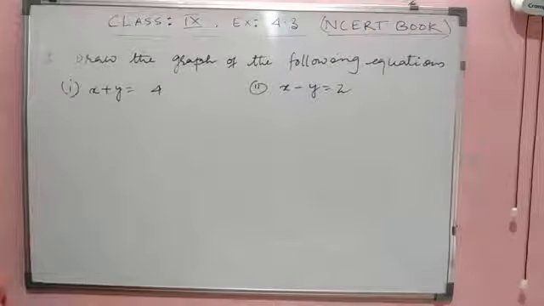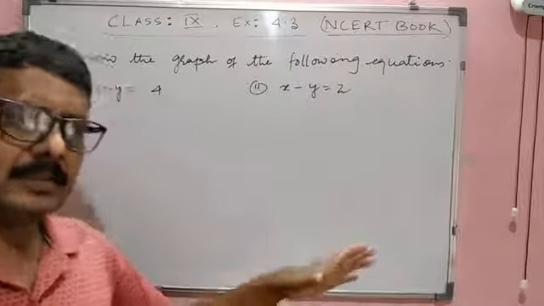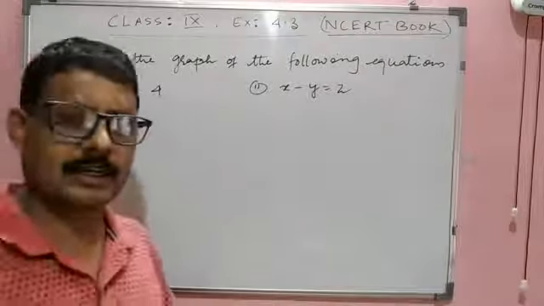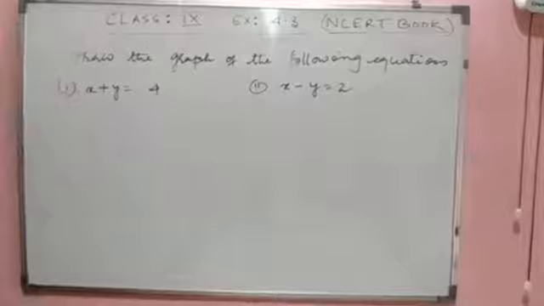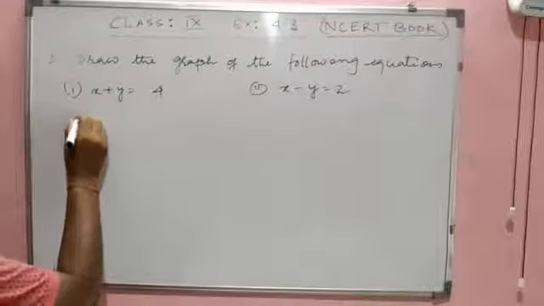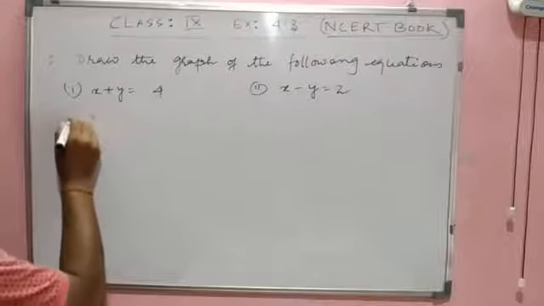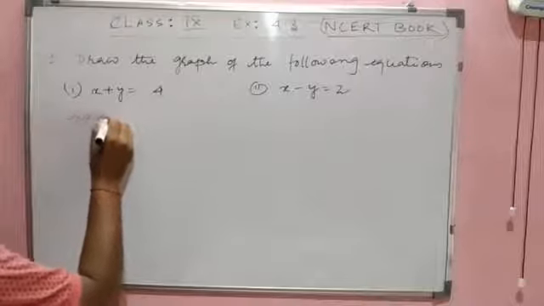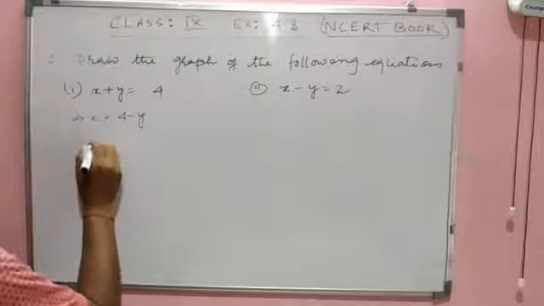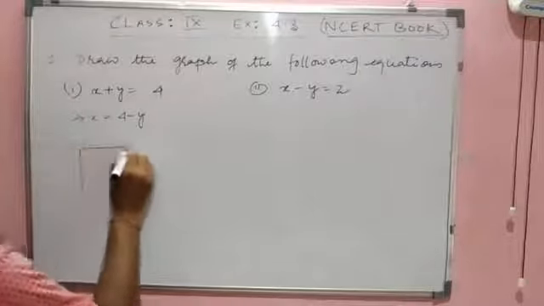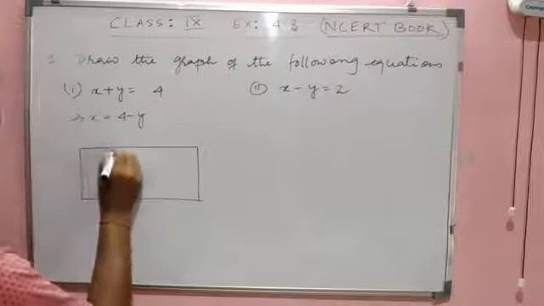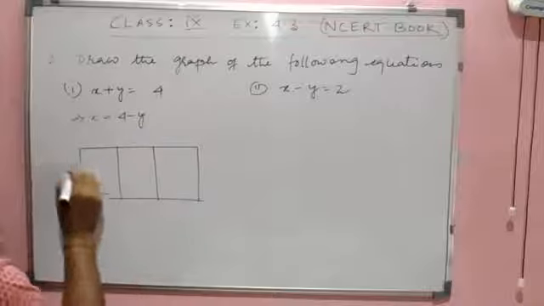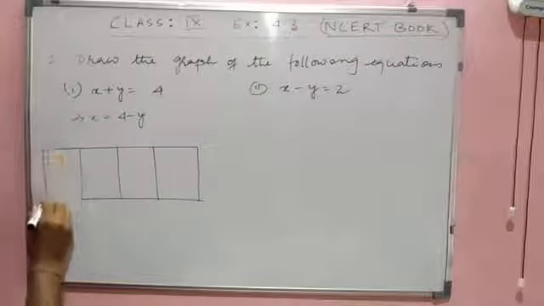For this, I'll just get 3 pairs of solutions, and then you will try to draw the graph. So let us see how to find 3 pairs of solutions. Here you see x equal to 4 minus y. If I get 3 points, it will be like this: